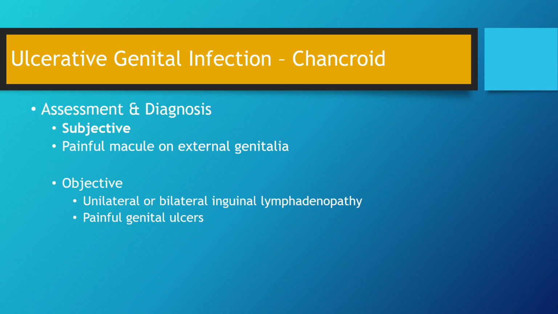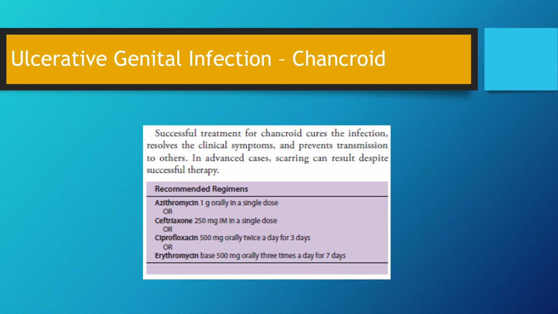You may note enlarged unilateral or bilateral inguinal nodes. After 1 to 2 weeks, the skin overlying the lymph node becomes erythematous and the center necroses and the node becomes ulcerated. The recommended treatment for chancroid includes azithromycin, 1 gram orally in a single dose, or ceftriaxone 250 milligrams IM single dose, or Cipro 500 milligrams orally twice a day for 3 days, or erythromycin 500 milligrams orally TID